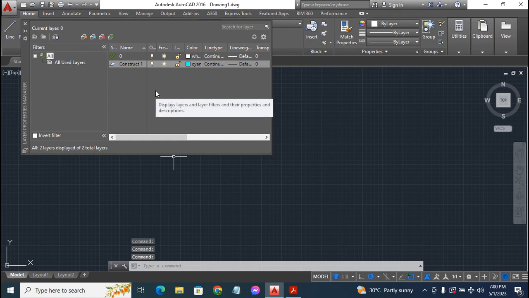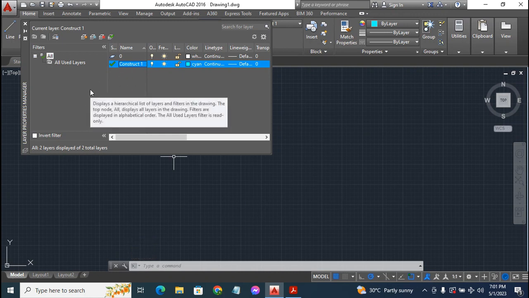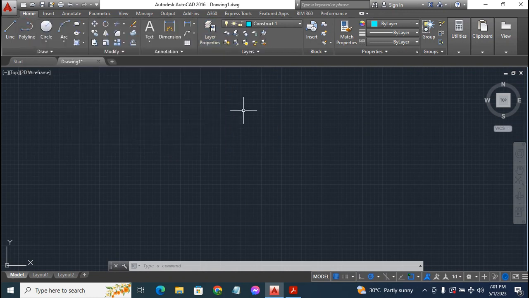Alright, in order to make construct 1 our current layer, you scroll down to where you have construct 1 and double click on it. It now becomes marked with this green sign beside it. It then means we are now on the construct 1 layer. So we'll close down this dialog box. Okay, so we want to create a construction line. So you go to your draw toolbar, you click on the drop down menu of the draw toolbar,